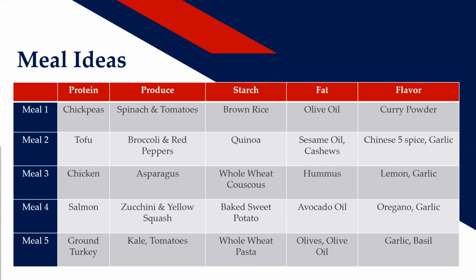Spices and herbs do provide lots of phytonutrients as well in our diet. So if you tolerate them, definitely add them in. So this is just kind of a general formula to help you make sure that you're balancing and getting in a variety. So just some examples, some chickpeas could be your protein, spinach and tomatoes could be your produce, brown rice could be the starch here, add in some olive oil, some curry powder, and make a really delicious and